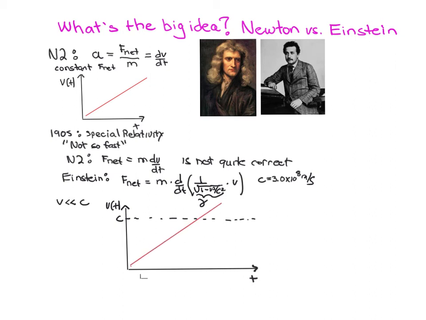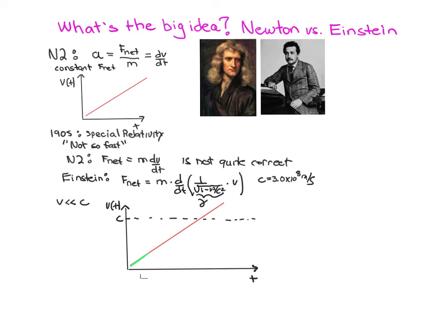Again, Newton's second law says that if you have a constant force, v of t just changes linearly. And the implication of Einstein's modification of Newton's second law is that at low speeds, at speeds small compared to the speed of light, Einstein's result exactly tracks what Newton's prediction was,